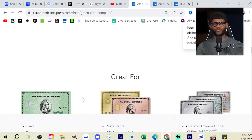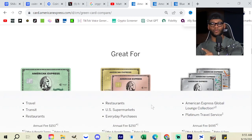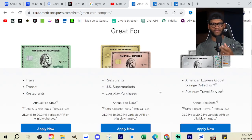So green card, not a bad card if you are traveling. It's a really, really good one. The next one would be the Amex Gold card. Now, I just talked about how I am canceling the Amex Gold card because I don't see how I'm getting